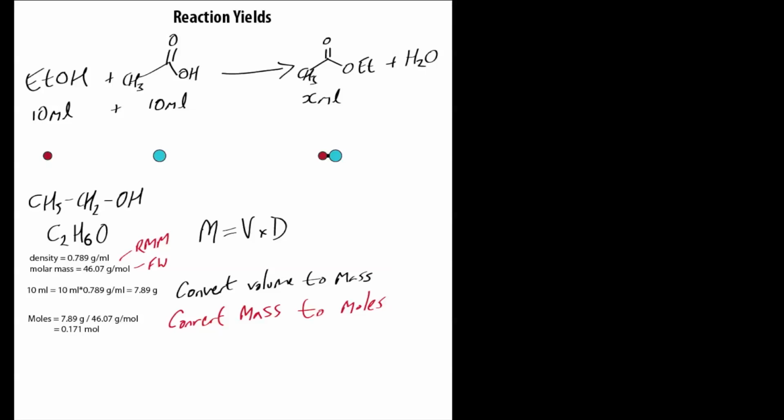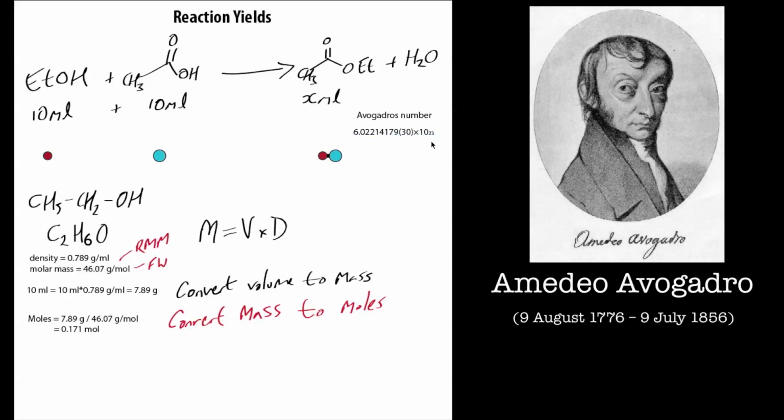Just in case you are wondering what Avogadro's number is, I do have it around here somewhere. Here we are. It's 6.02 for sake of argument times 10 to the 23. It's quite a large number. It's not something we want to be dealing with in everyday life. So we've got ethanol, we've got 0.171 moles. Now what I'm going to do now